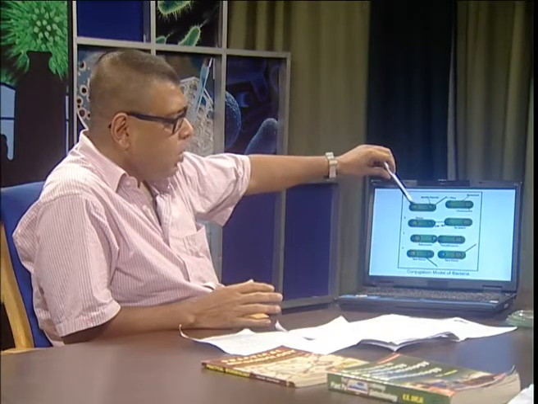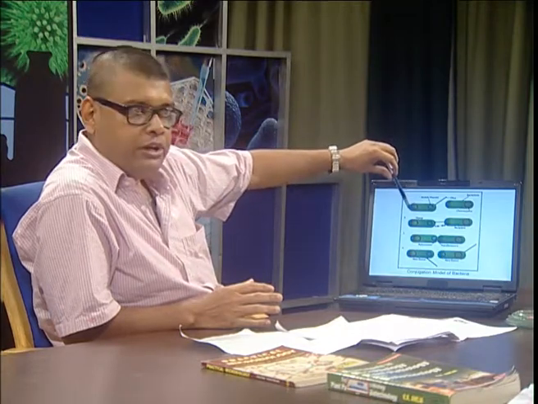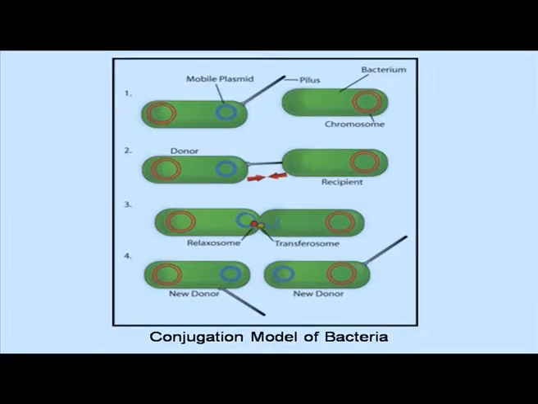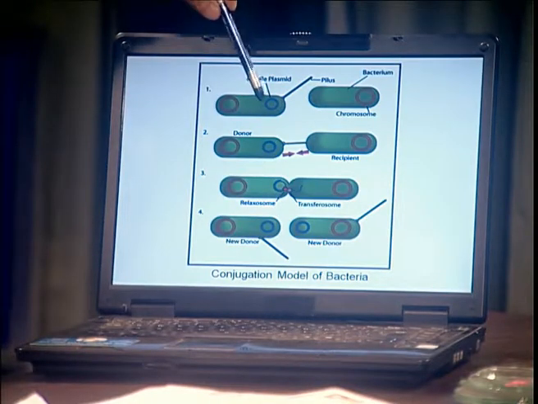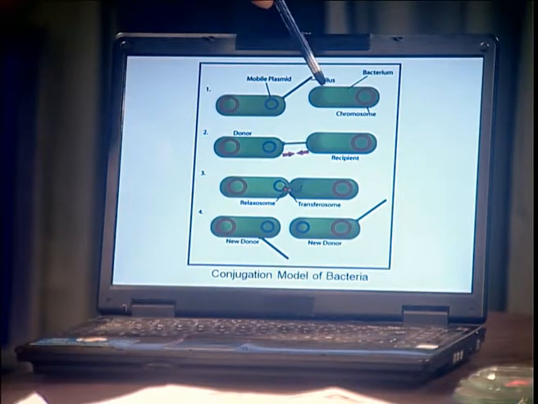So I have a question. Sir, how do plasmids help in conjugation? You see, bacteria first of all do not reproduce sexually in the proper way, because this particular plasmid is outside the central nucleoid. So naturally they can easily replicate and they can easily be distributed to the recipient. So this is how this particular plasmid, by replicating and entering the new recipient cell, will help in conjugation or will help in sexual reproduction.